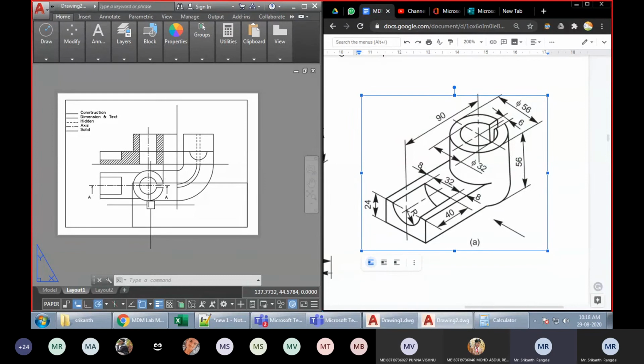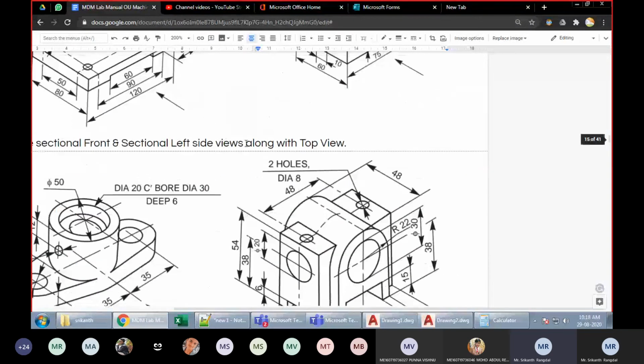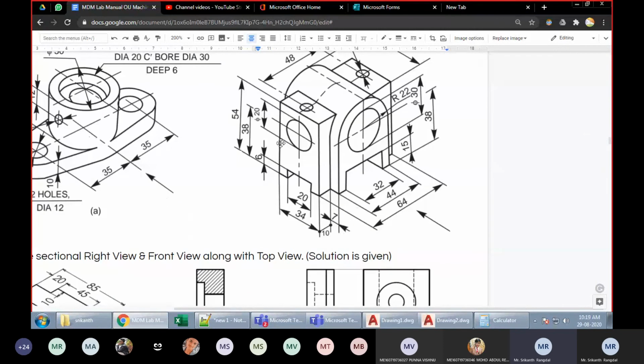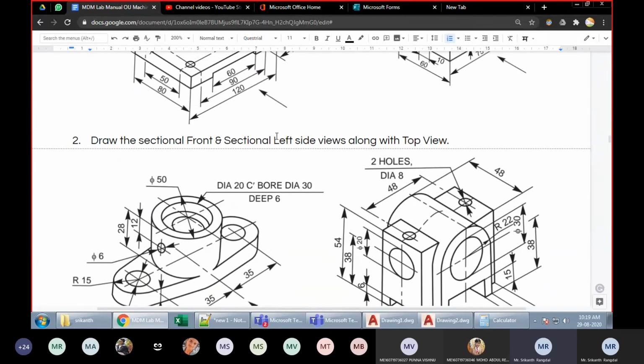So hope you will practice these diagrams. The manual I have already provided to you. There are so many diagrams in it. There are a total of 4 diagrams of this type, wherein we need only one sectional view. There are 2 more diagrams at the bottom. So these 4, they have only one sectional view. And for these 2, because they are symmetric along 2 planes, not only the front plane but also the side plane, I've asked 2 sectional views to be drawn.